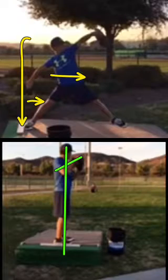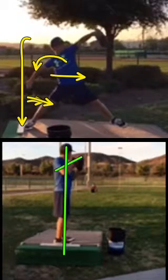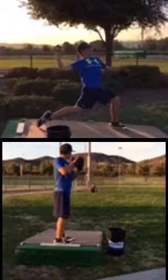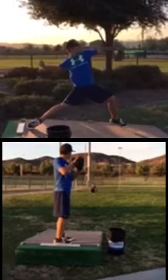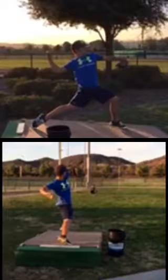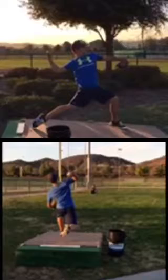So let's look at chest extension. So now that's stacking. We need to stack better. And that's just getting your knee inside and your upper body back. Okay? So as you do that, we get into this position. Let's actually look at your front glove. Your front glove drops straight down. You can see it come up. Good front glove there. Looks good. Everything's right there. And then it drops,